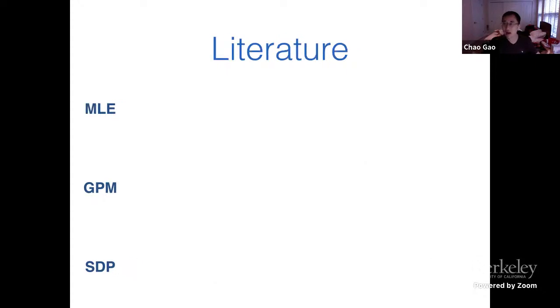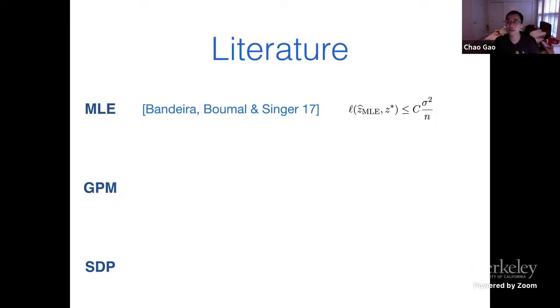And these three algorithms have been well studied in the literature. For example, the 2017 paper by Afonso Bandeira, Nicolas Boumal, and Singer shows that the maximum likelihood estimator satisfies the error bound with respect to this loss, sigma squared over n. This is just the classical parametric rate, because here we have a problem with sample size n squared, and the dimension is n, right? So this is just the classical dimension over sample size rate. And you can also show this is the minimax rate of the problem. So sigma squared over n is the minimax rate that can be achieved by the maximum likelihood estimator.